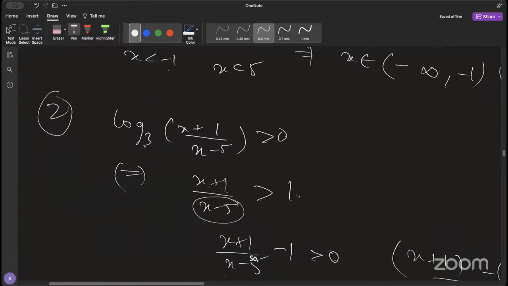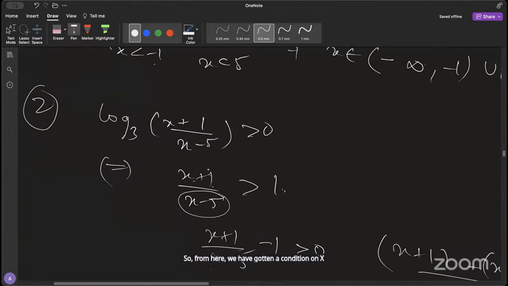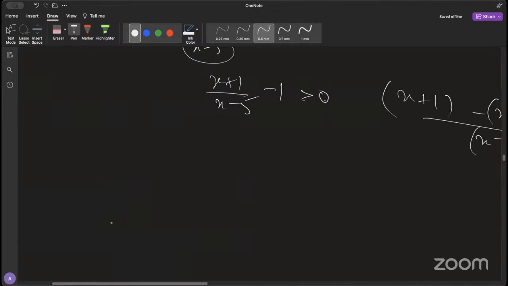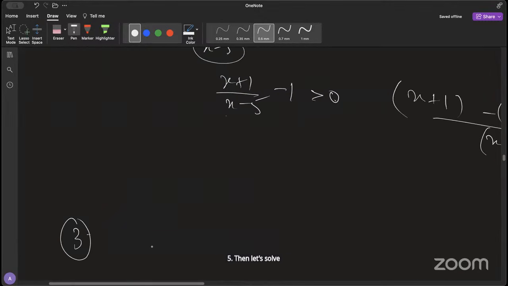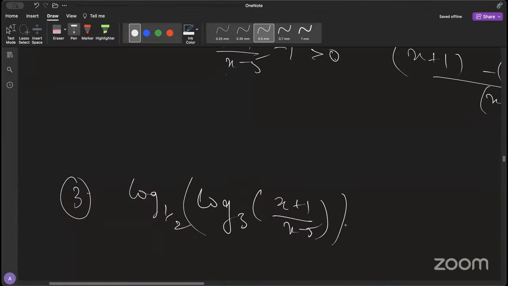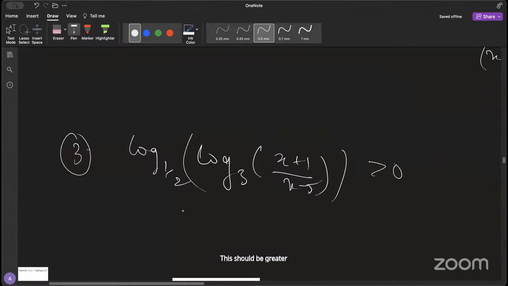So from here, we have gotten a condition on x, which is x should be greater than 5. Then let's solve the third one, which is log base half, log base 3, and this expression, x plus 1 by x minus 5. This should be greater than 0. That means